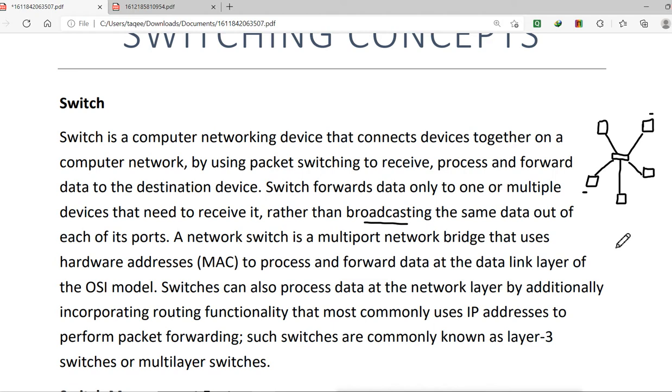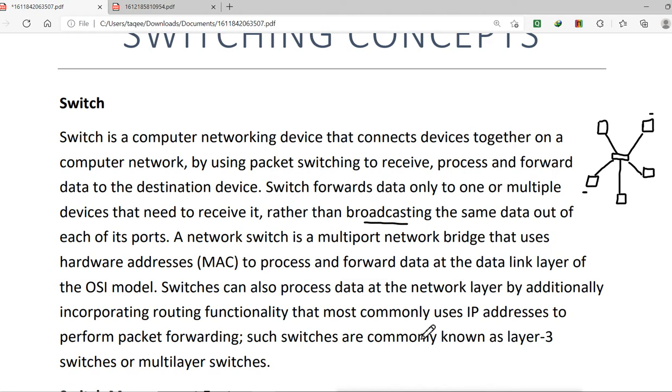The switch can open the packet up to the data link layer and see the source and destination MAC addresses, and based on that it makes the switching decision and forwards the data to the exact destination machine.